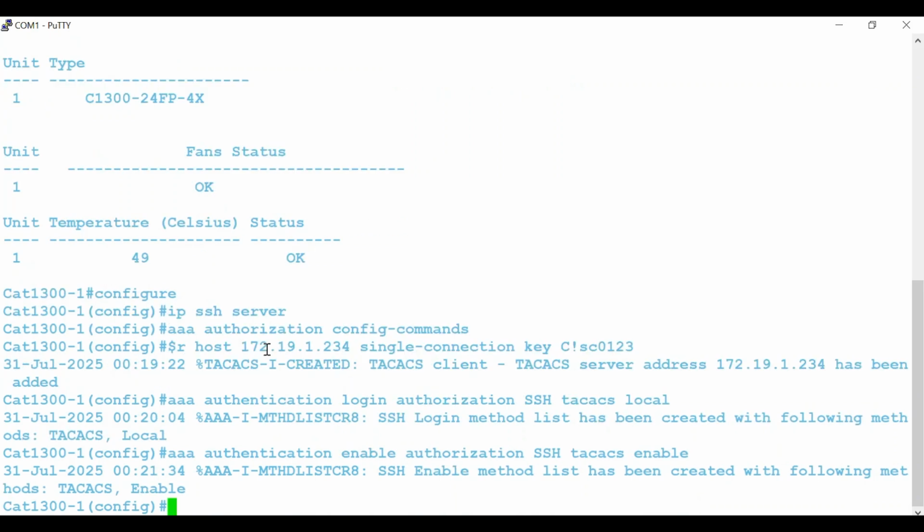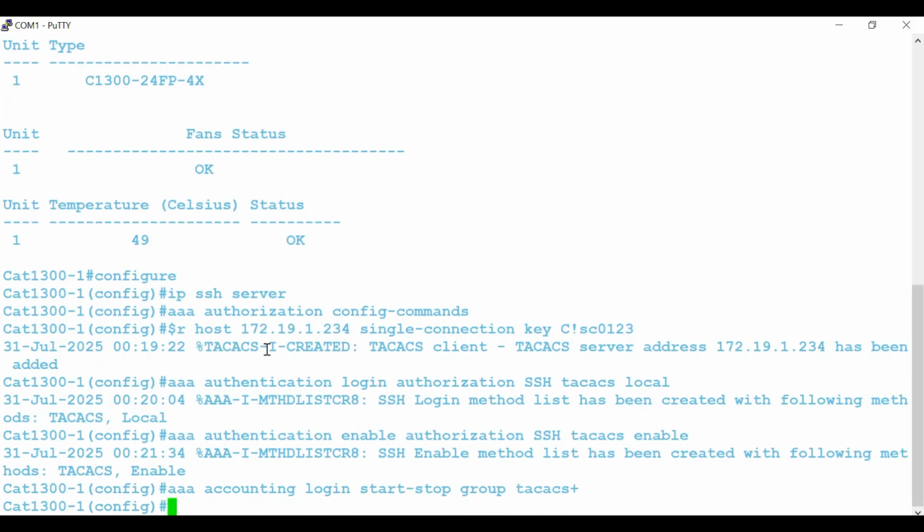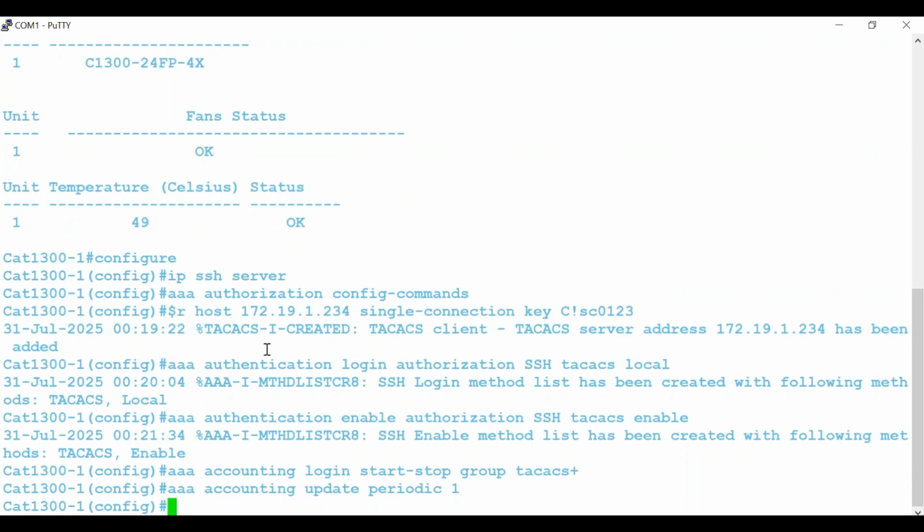To enable session accounting of device management sessions, use AAA accounting login start-stop group TACACS Plus. The switch will then send session start and stop records to the TACACS Plus server. I'll also turn on periodic accounting updates with AAA accounting update periodic 1, which sends updates every minute. The range available is 1 to 65,535 minutes. To enforce command authorization, enter AAA authorization commands 15 SSH TACACS local, which means all privilege level 15